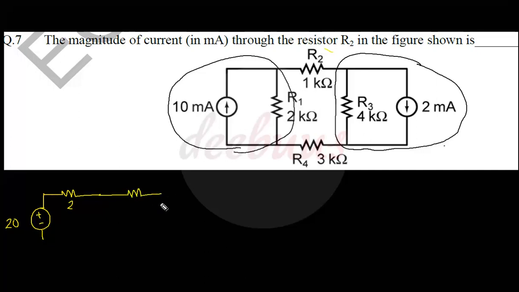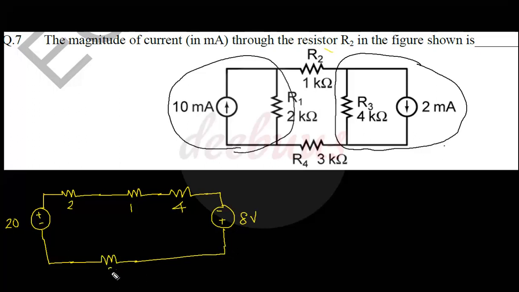Now the resistance R2, that is 1 kilo ohm. Now the converted resistance, that is 4 kilo ohm. Resistance remains intact, so 4 kilo ohm. Now the voltage source value is 2 milliampere into 4K, that is 8 volt. Now we have to check the direction too. It is moving downward, so the voltage source must also deliver in that direction, that is positive to negative. Again, there is a 3 kilo ohm resistor here too, so adding that 3 kilo ohm resistor.